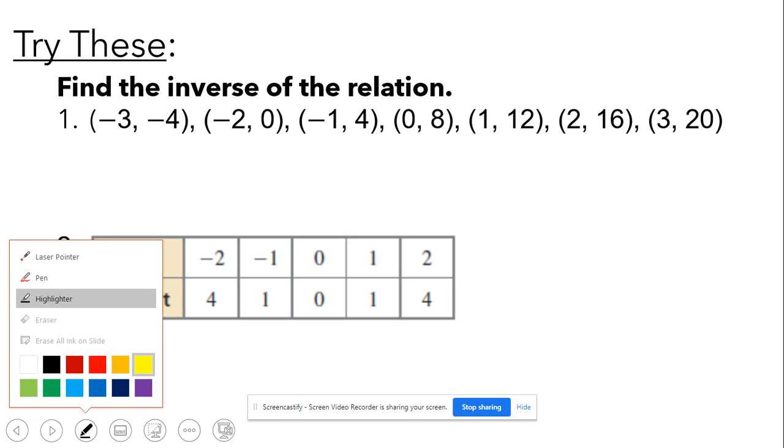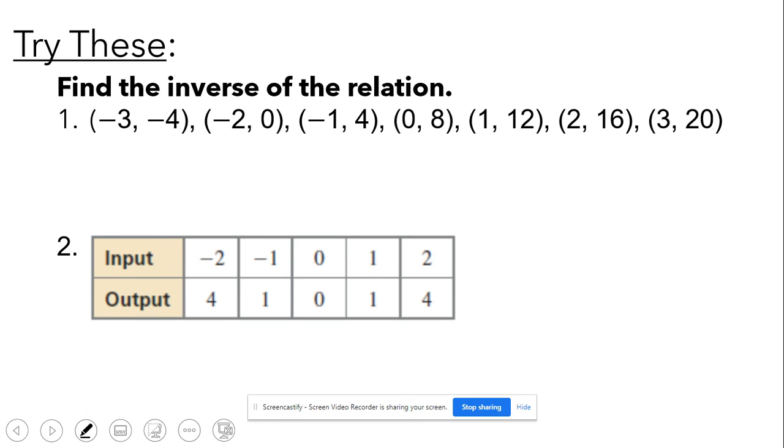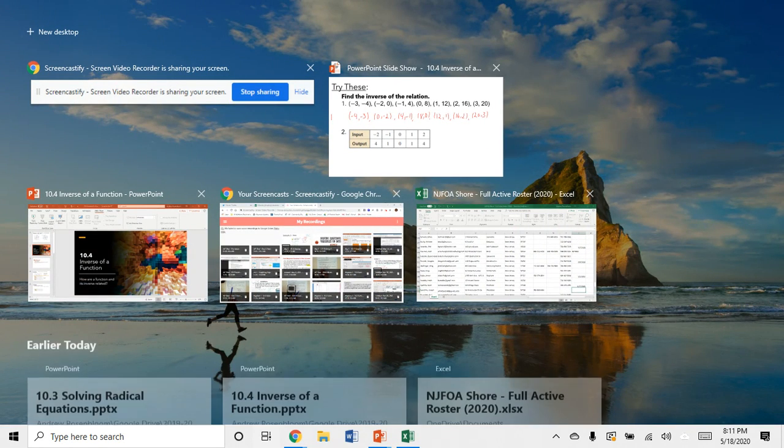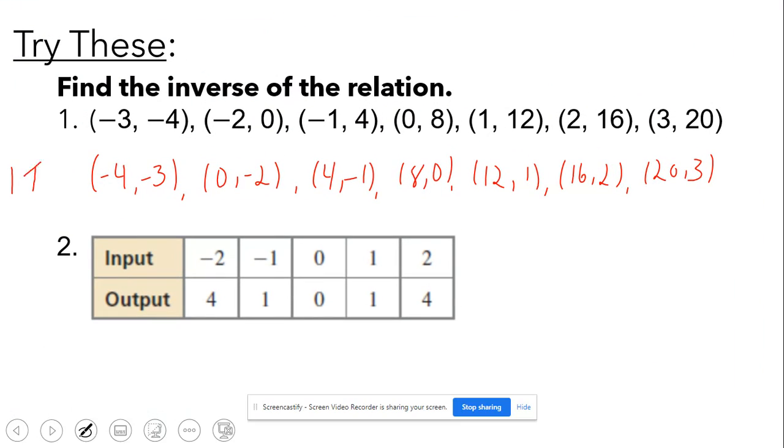So let's just look at a quick example here. Find the inverse of the relation. All we would be doing is switching my x and my y values. So what would the points be? They would be negative 4 comma negative 3, and then 0 comma negative 2, 4 comma negative 1, 8 comma 0, 12 comma 1, 16 comma 2, and 20 comma 3. So that would be my inverse, okay? The inverse